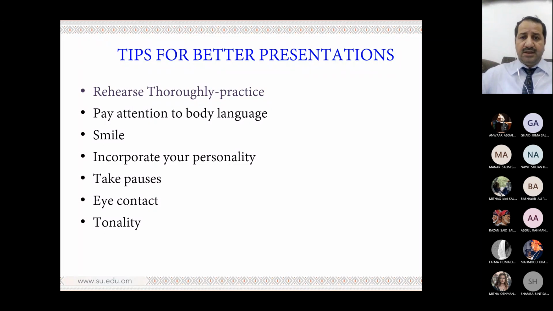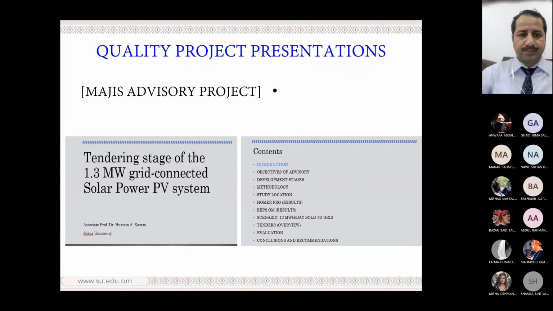Eye contact with others. Some people, when they present their work, look at the whiteboard and don't see the audience because they feel shy, for example. When you practice, make sure to be in front of people and looking at the people. Tonality means sometimes you need to increase your tone or reduce it, or slow down or increase the speed. This will attract people to the point. For example, you are reading a statement, and when you reach the point you would like to highlight and focus on, you slow down. People will understand that the next words will be important.